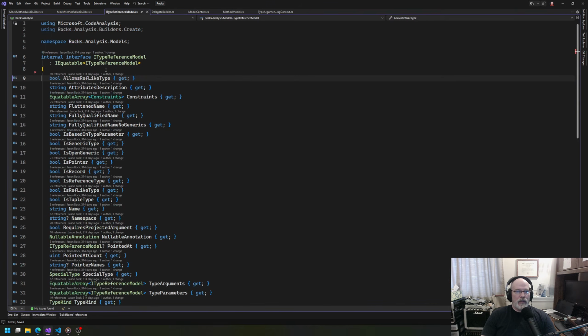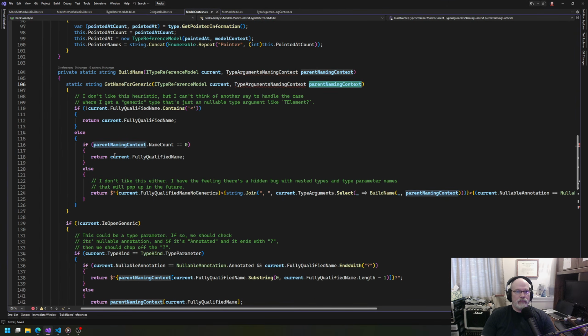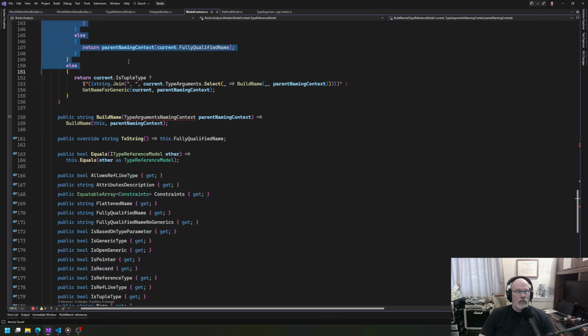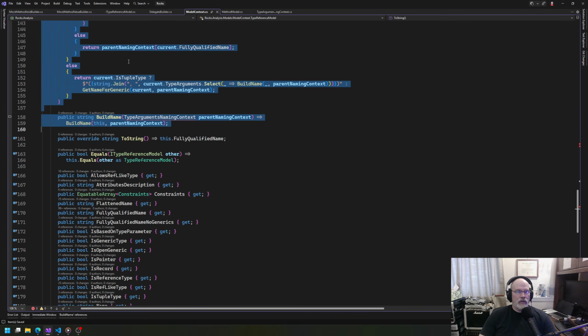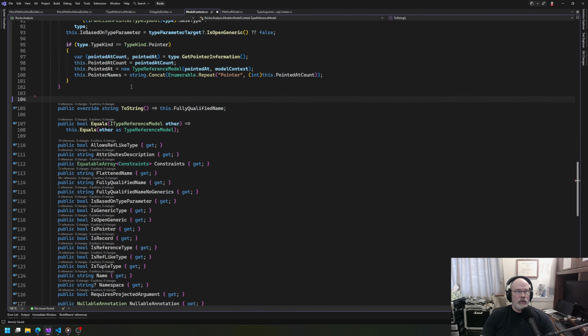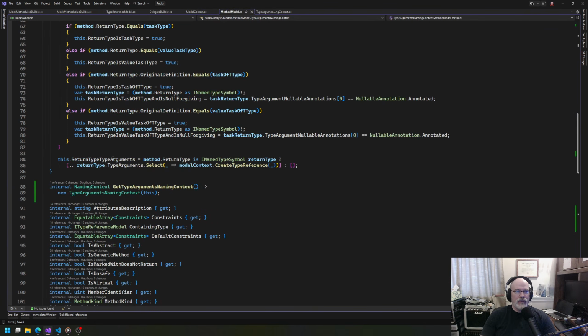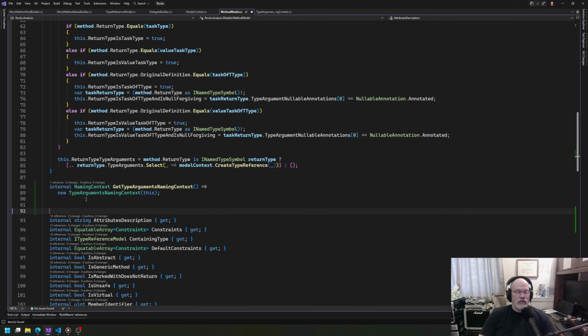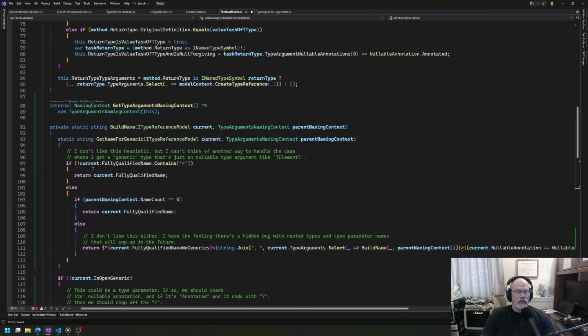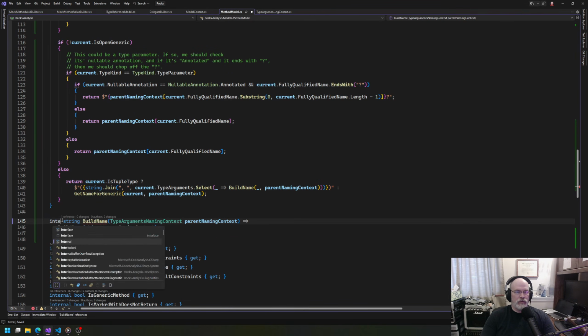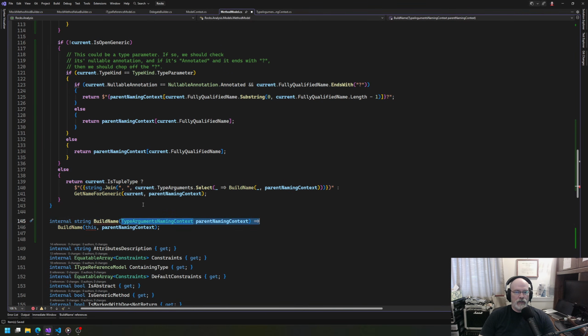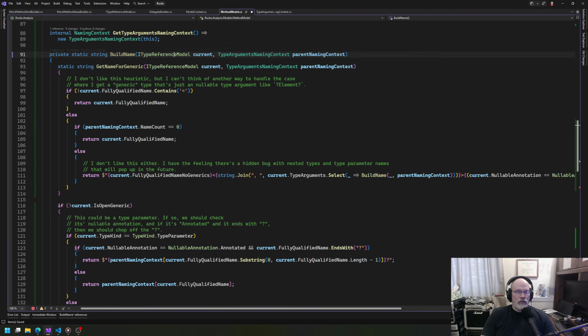So we're going to want to take this and this and really destroy things and come into here and have these here. So we've got build name, and then this is going to be an internal string. And this won't take a type context. And this will take, actually what we could do,